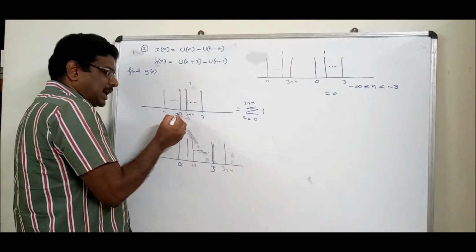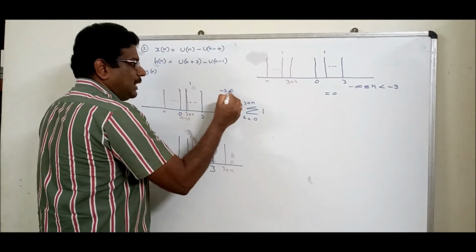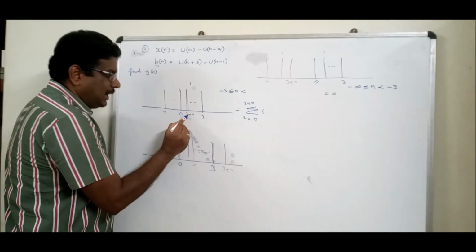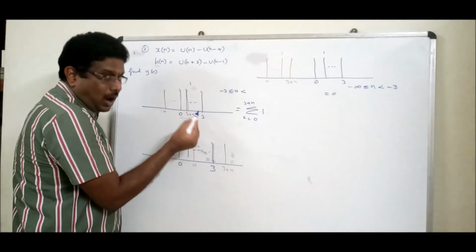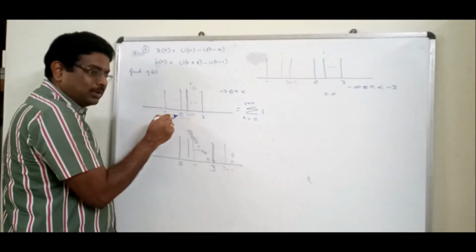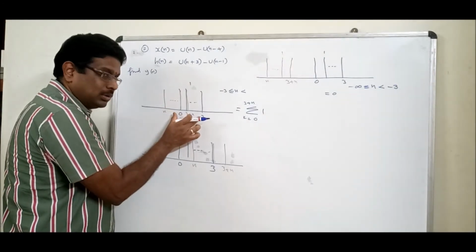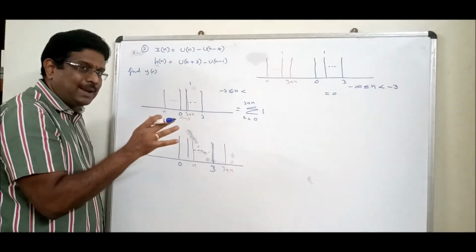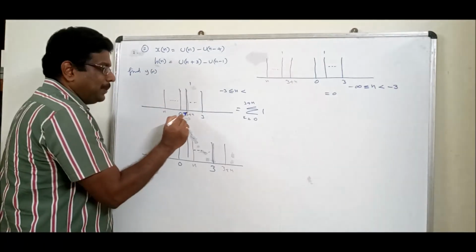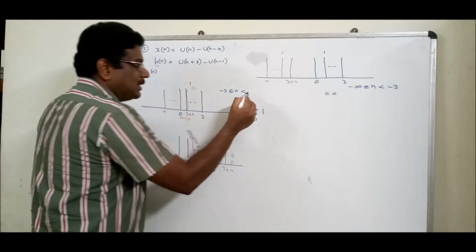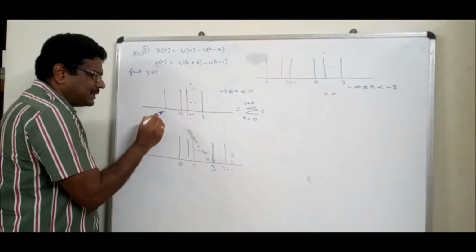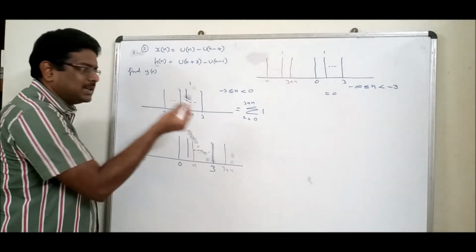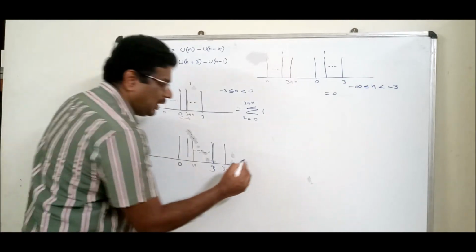So, if the starting point is here, minus 3 less than or equal to n less than, careful, 3 plus n should touch 3 or n should touch 0, because when you move, that is the next stage of amplitude. He should touch or he should touch. Since it is equal gap, both will touch. 3 plus n touch 3 means answer will be 0. Or if you want to take this, n is touching 0, answer will be 0. What should be the n value so that it will touch here? 0. Now let us go to the same work here.